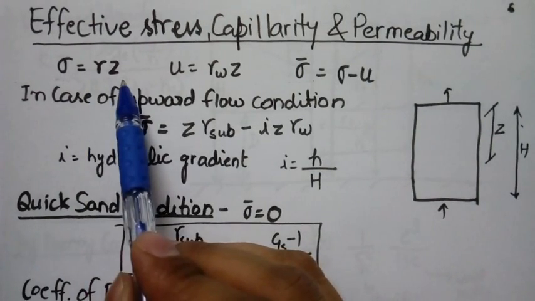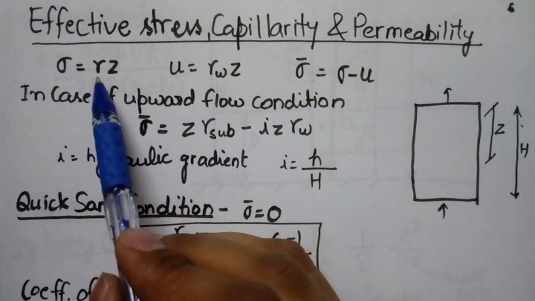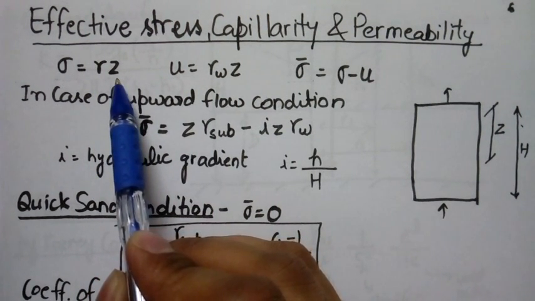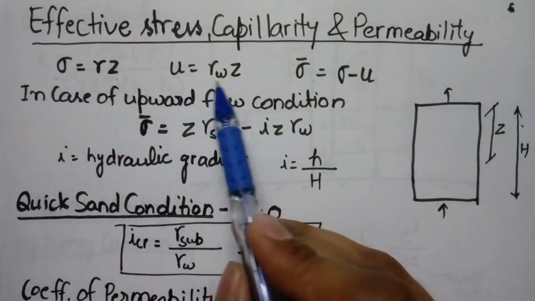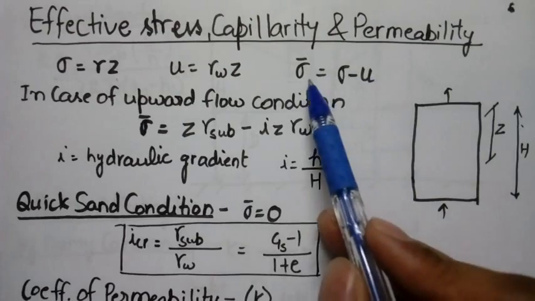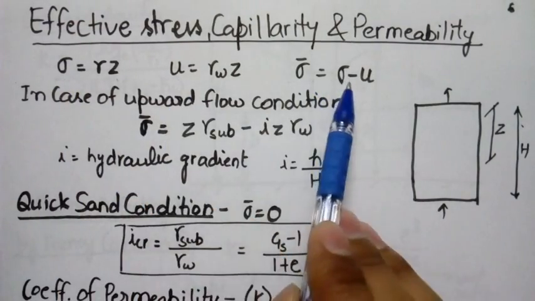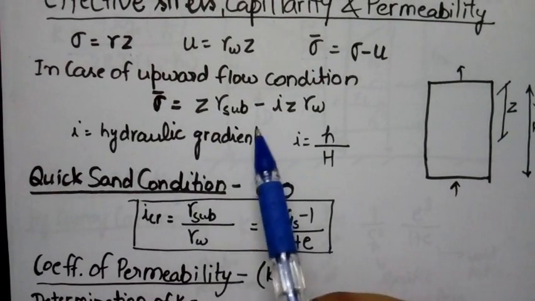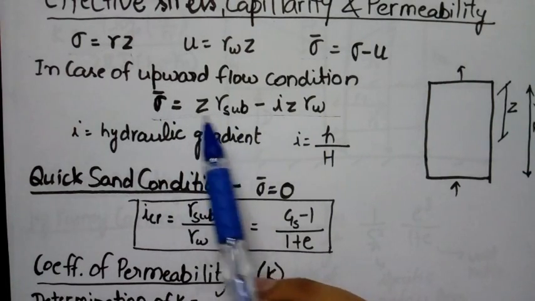Total stress equals gamma Z. In this, gamma may be saturated unit weight or bulk unit weight. Z is the depth at which we determine the stress value, and U is pore water pressure, that is gamma W, unit weight of water, into Z. Effective stress is the difference between total stress and pore water pressure. Now, in case of the upward flow condition, we come to a situation where this value is Z gamma submerged minus i Z gamma W,